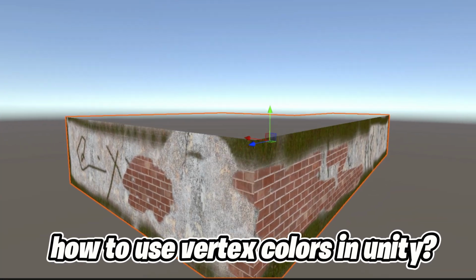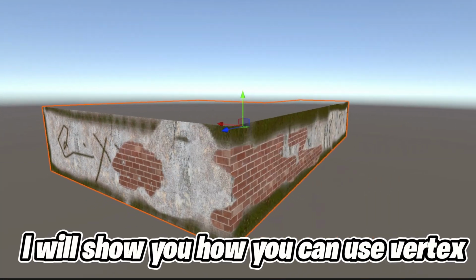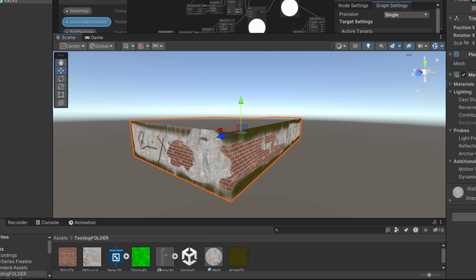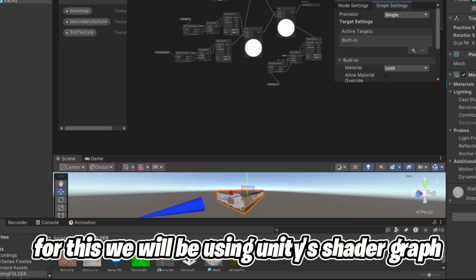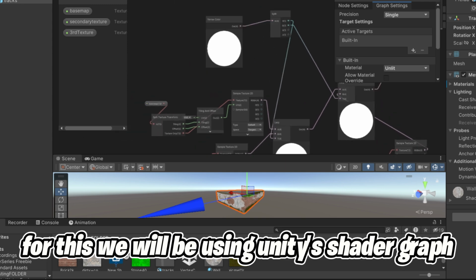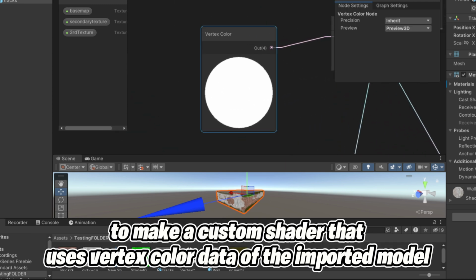Do you know how to use Vertex colors in Unity? I will show you how you can use Vertex color of a model in Unity without baking. For this, we will be using Unity's shader graph to make a custom shader that uses Vertex color data of